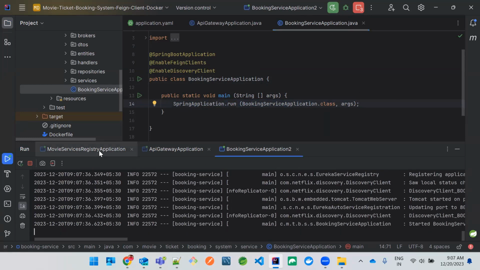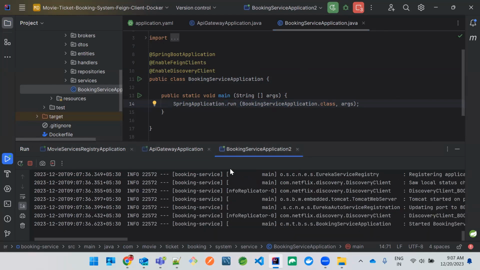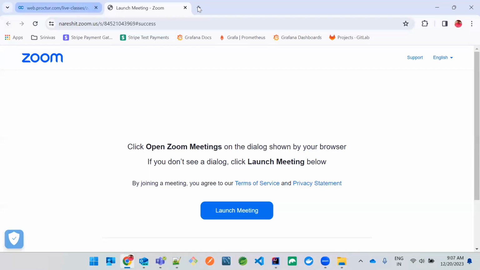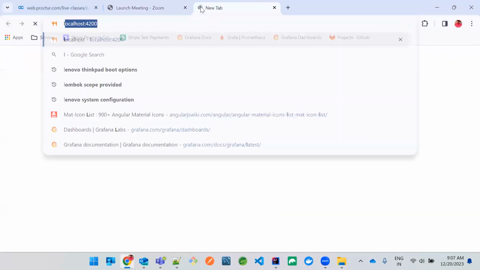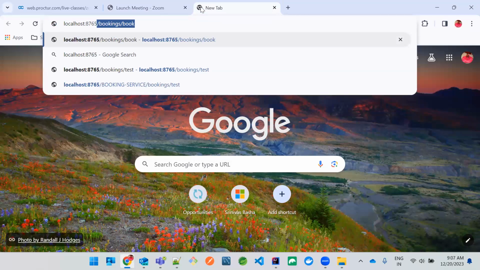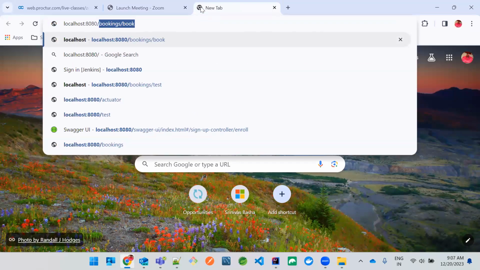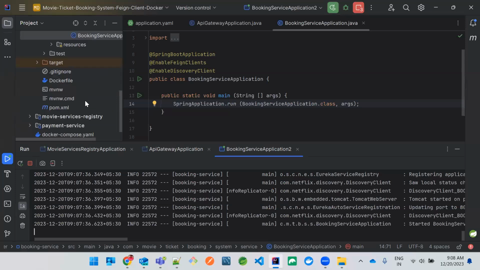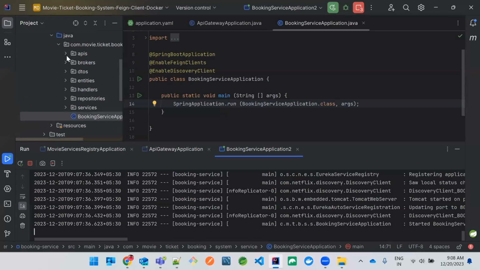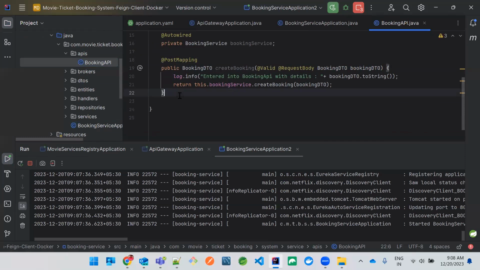So now we have the movie services registry application, the API gateway, and the booking service application, correct? So now I can just go to localhost:8765, so let me access this, 8080/bookings. So here, if I go to this booking service APIs,